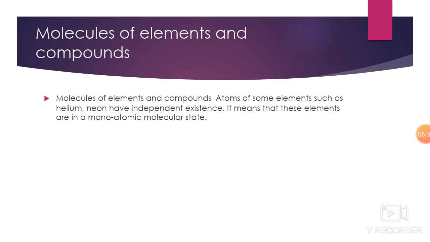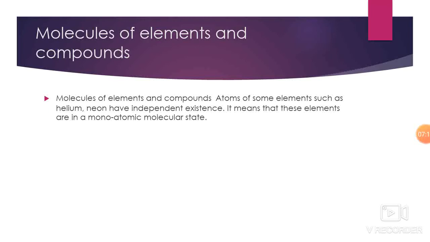You all have been learning about electronic configuration. So we have to get neon's electronic configuration. Neon's atomic number is 10. Neon's electronic configuration is 2 and 8. According to the law of octet, the atom's outermost orbit must have 8 electrons for the atom to be stable. So neon, from its nature only, has 8 electrons. That's why it is independent.